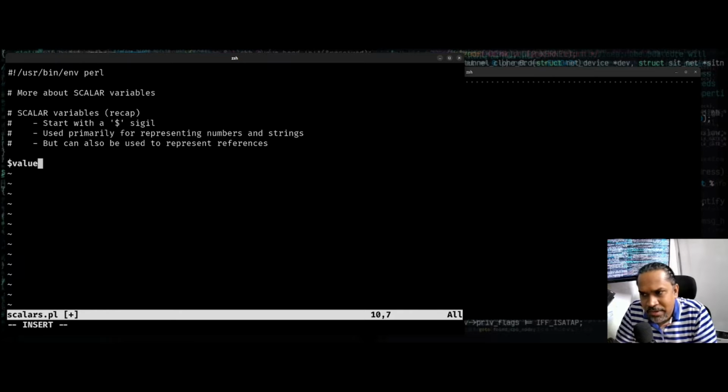I'll just say $value1 is equal to, I'm just going to type 10 apples. We all know that's a string, right? 10 apples is a string. It's in quotes. $value2 is equal to 20 oranges. And we know there are two strings here. If I now say $result is equal to $value1 plus $value2,